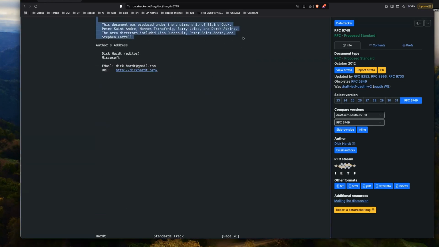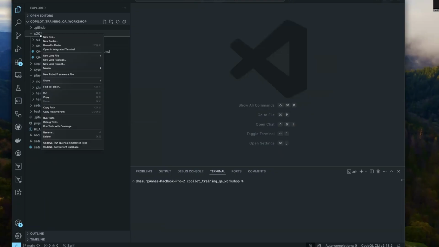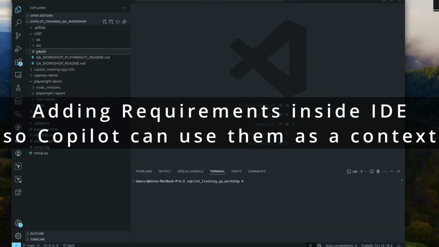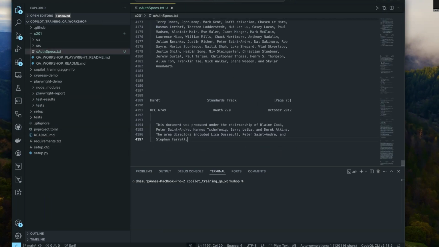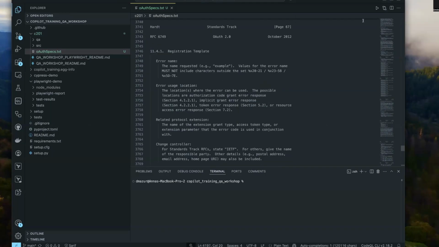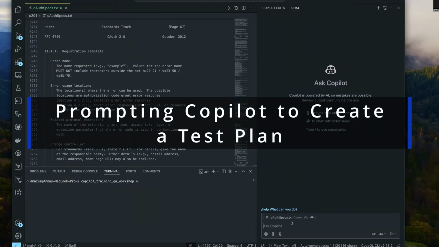Let me copy all of this and put it somewhere inside my project, inside my IDE. I'll create a new file, specs.txt, and I put all this specification inside the file, and then I open chat and I ask Copilot to create a comprehensive test plan for